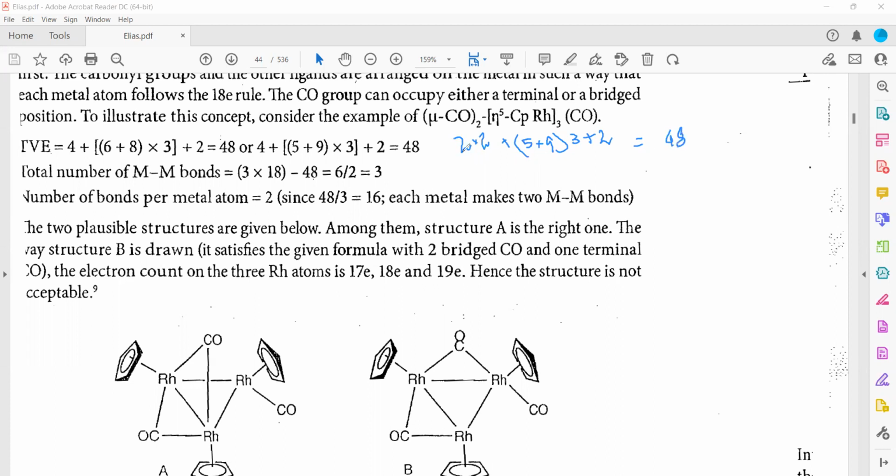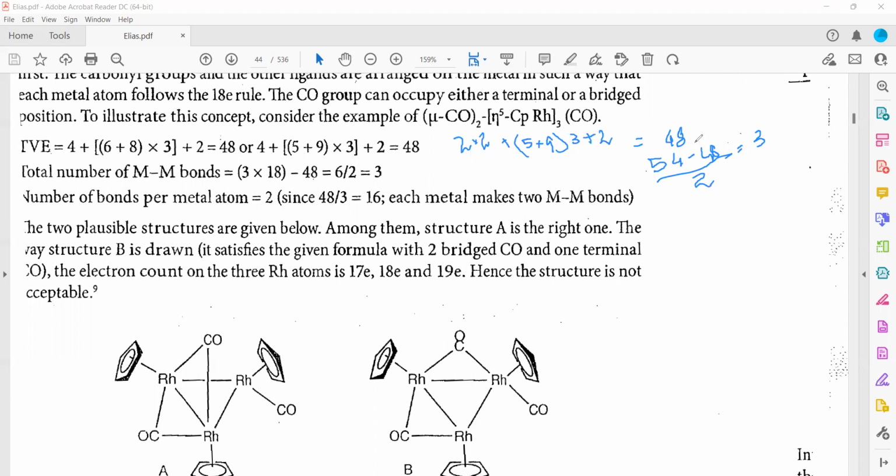Now, but it should be how much? It should be 18 into 3. That will give you 54. So you need to subtract 54 and 48 and divide the resultant number by 2. So that will give you 3. So the total number of metal bonds is 3. Now, in order to draw the core of the metal complex, you need to know the